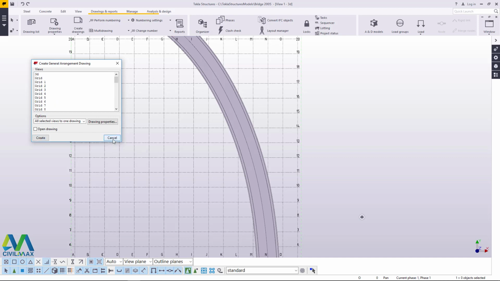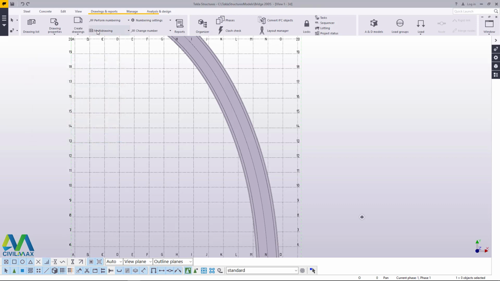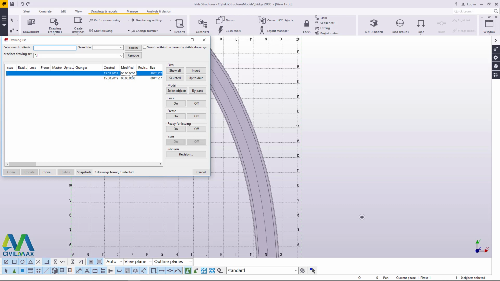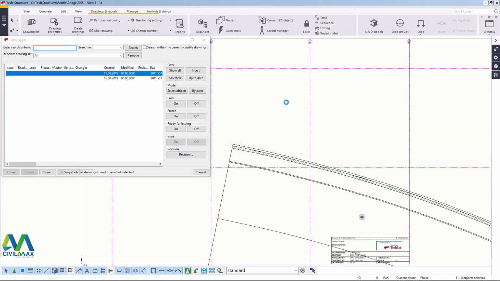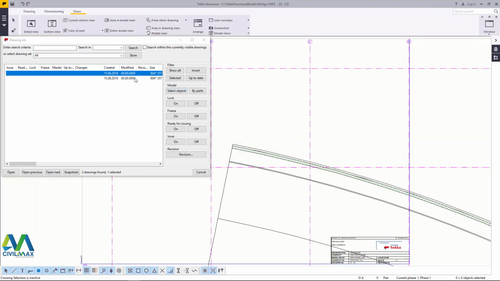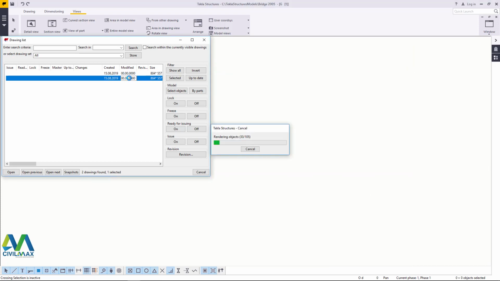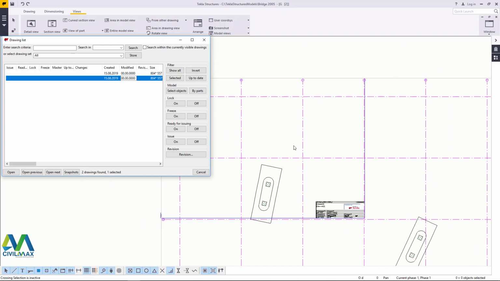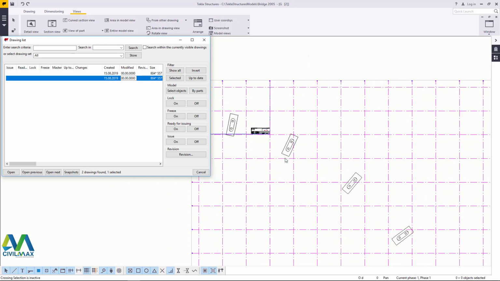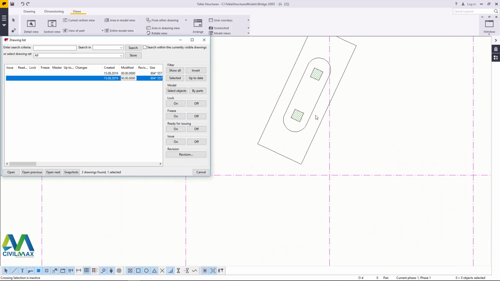That's it. When you hear that bell, the drawing has been generated. Then I'll close that, then follow it up on the drawing list right there, and double click on that. This is what we have, and I think I generated that previously, and let's also open that and take a look. This is a plan from a different height that only targets the height of the pier. Now let's first of all work with this,